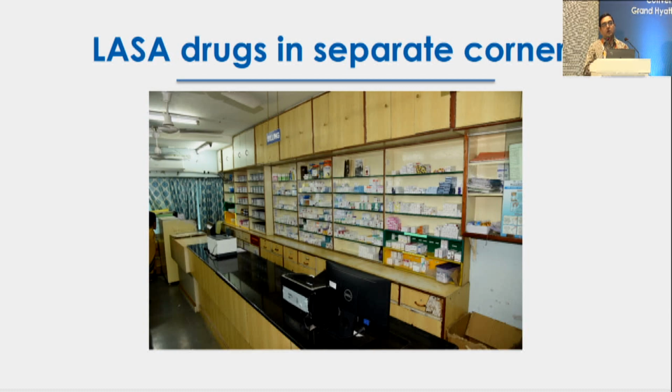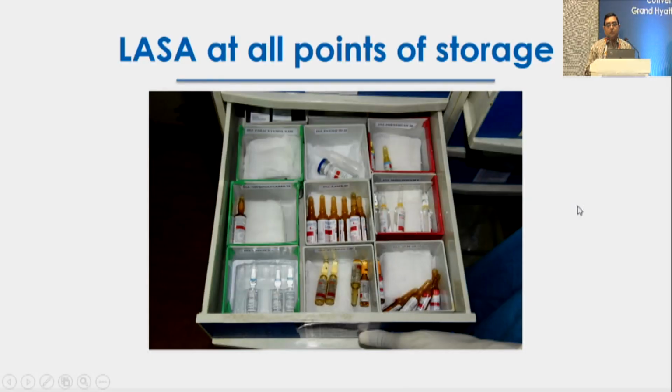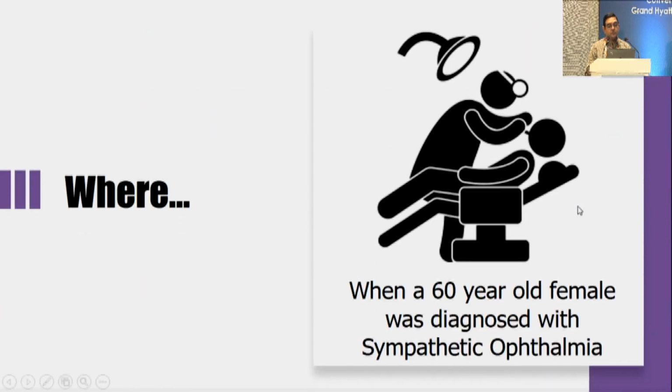And you can also cut down the number of your look-alike and sound-alike drugs by cutting down on procuring those drugs which have sound-alike or look-alike names. And this should happen at all points of storage. These codings should be there everywhere, even in your crash cards, so that at that time there's a careful checking that the proper medicine is taken up and proper medication is administered.